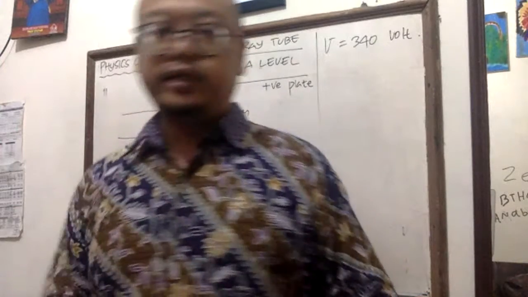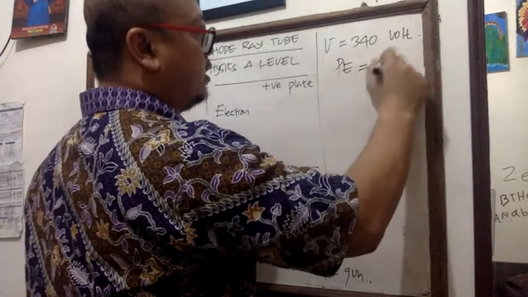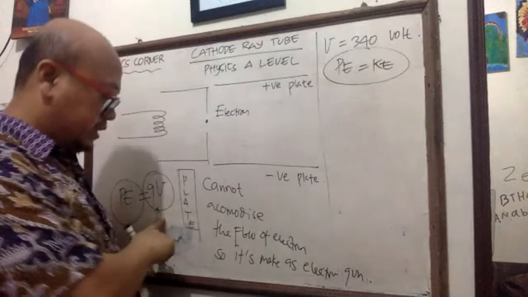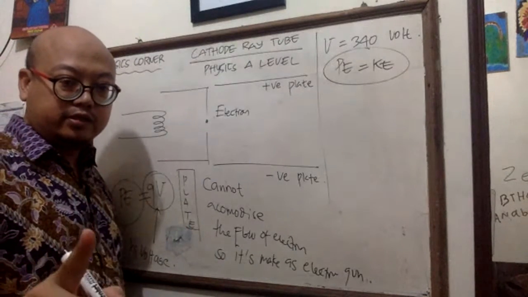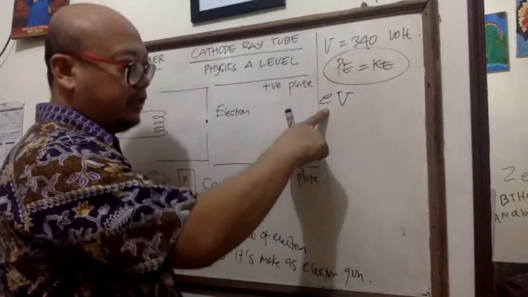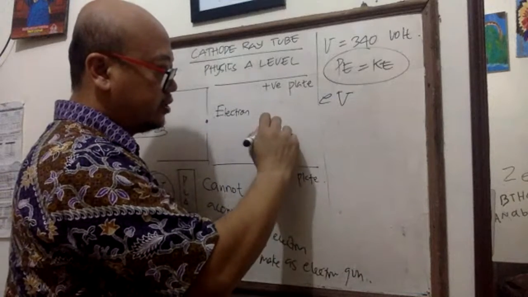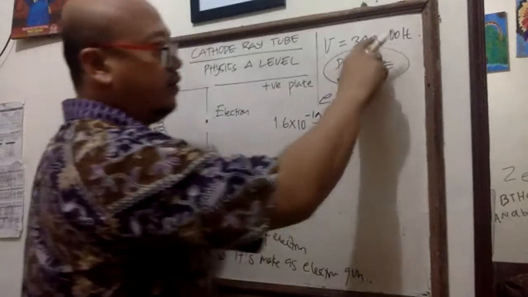So we can say the potential energy equals kinetic energy. The potential energy is QV, where Q is the charge of the electron. So we can say this is eV, where e is the charge of the electron, V is the voltage,